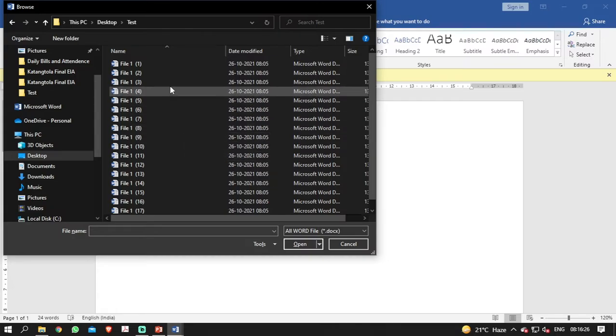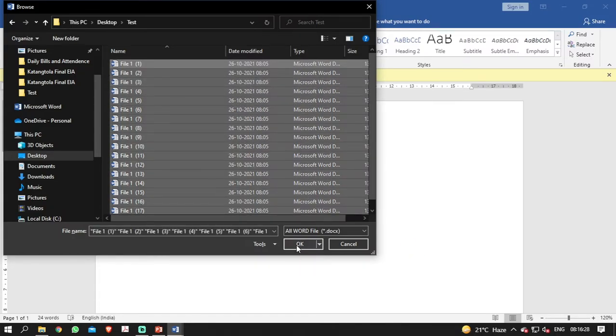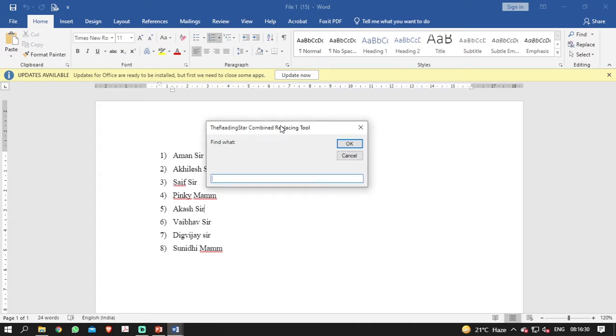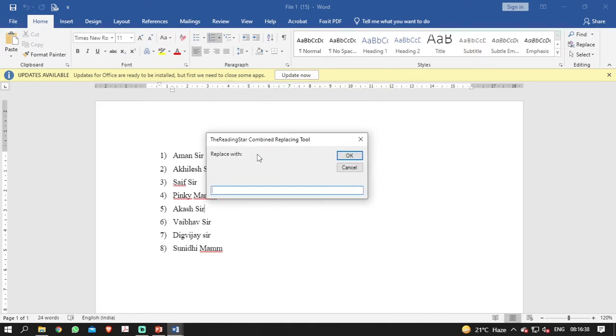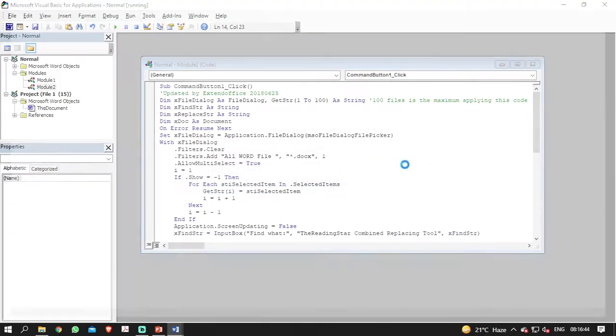Then select all these documents and press OK, and then it is asking you to find what. So we have to change Akash. Press OK, and then it is asking you to replace with what. So we have to replace it with Shubham, and then we press OK. Then it would run automatically, as you can see,